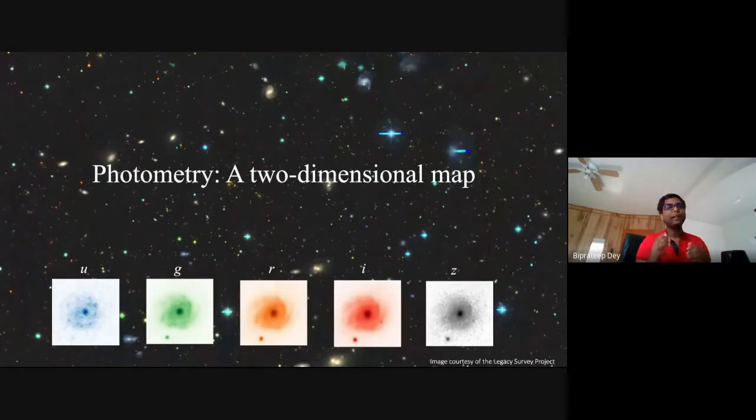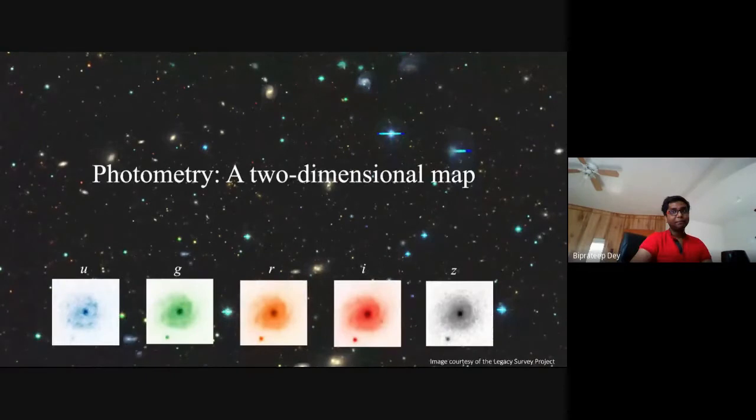And you'll have the same picture of a galaxy or a star or whatever it is in different chunks of wavelength. So as you can see here, I just showed how the same galaxy looks in different wavelength bands, where U is ultraviolet, green, red, infrared, and far infrared. And if you notice carefully, the galaxy does look slightly different in different chunks of wavelength. So just going and looking at stuff and pointing things in the sky will give you a two-dimensional map, because you just know the location of everything on this flat sky.